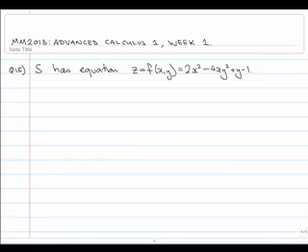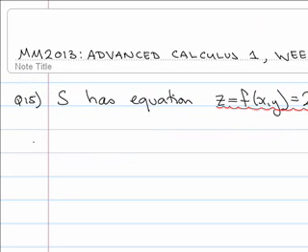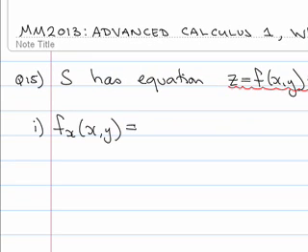Question 15 asks some questions relating to a surface which has the equation given here. The first question is a relatively straightforward one. You're asked to calculate the partial derivatives of f with respect to its two variables x and y. So we've got the partial derivative of f with respect to x. In this particular case we get